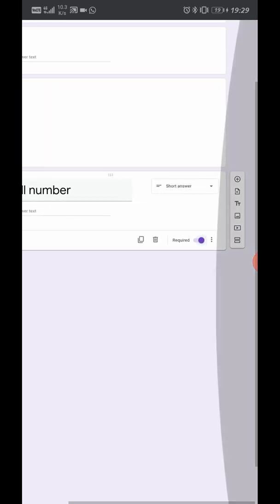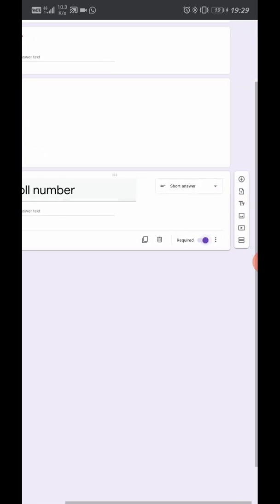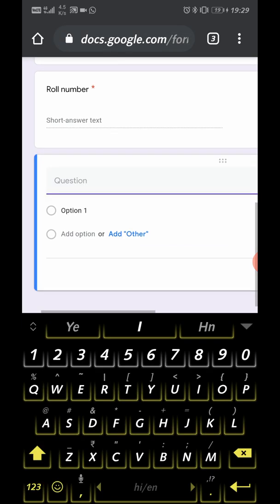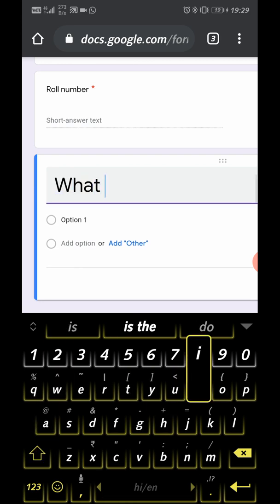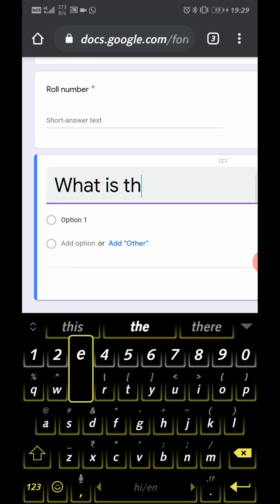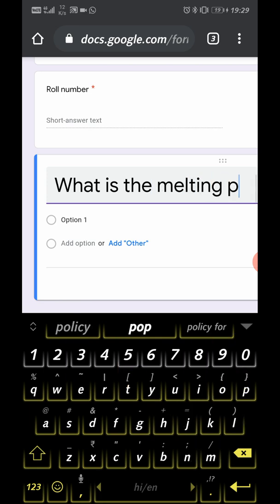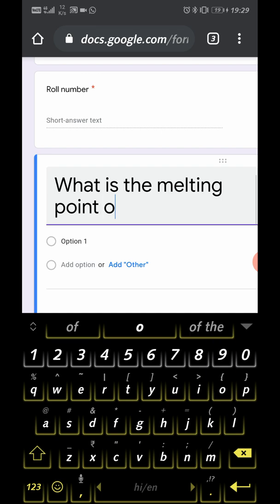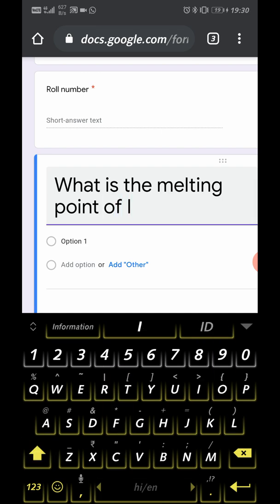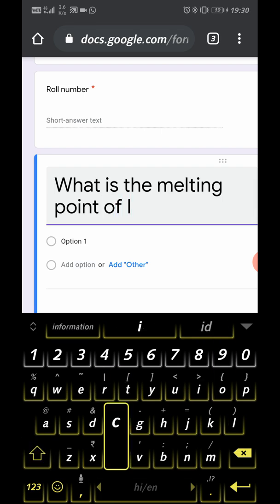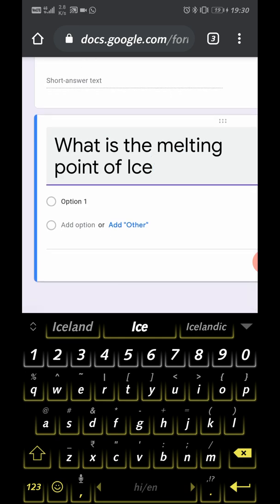Now it comes to adding some questions. So if we want to add a multiple choice question here, we just press the plus button, write a question. What is the melting point of ice? Here we want to add four options.